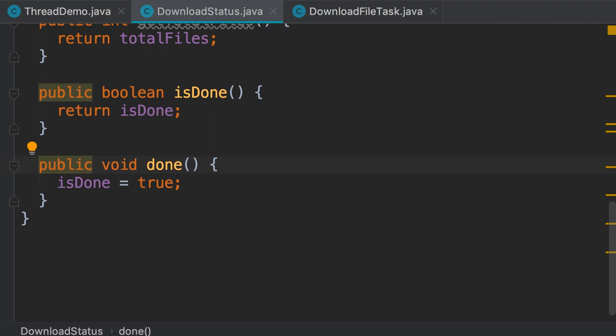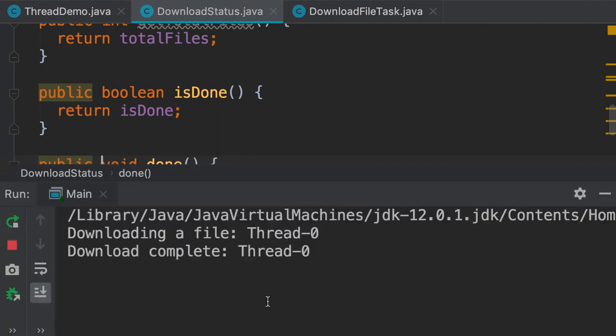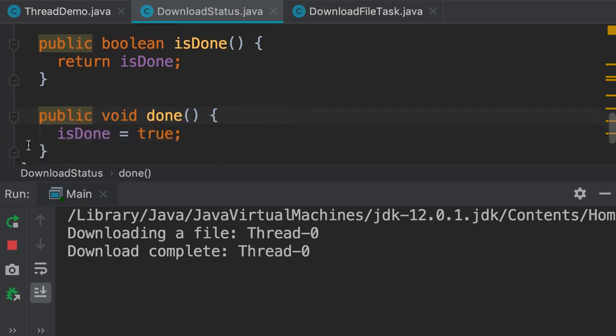Back to the original problem. When we run this program, the second thread waits indefinitely because it doesn't see the change to the isDone field. This is the visibility problem. So one thread changes some data, the other thread cannot see the change. But why does this happen? Well, the Java virtual machine makes some optimizations under the hood to make our code run faster. One of these